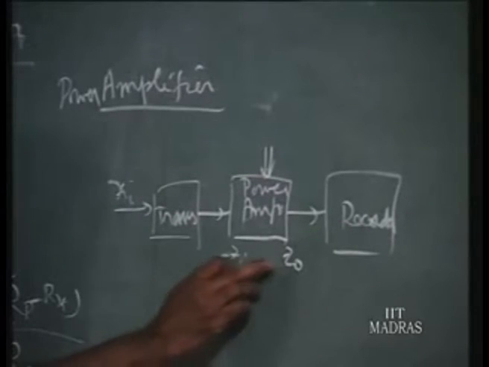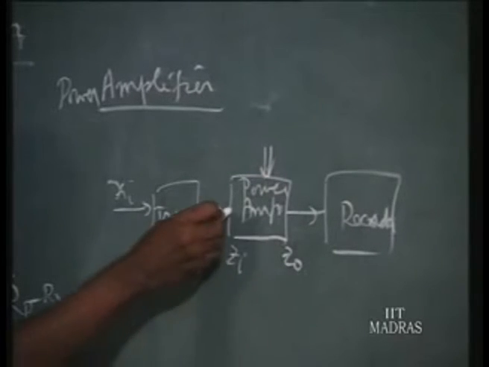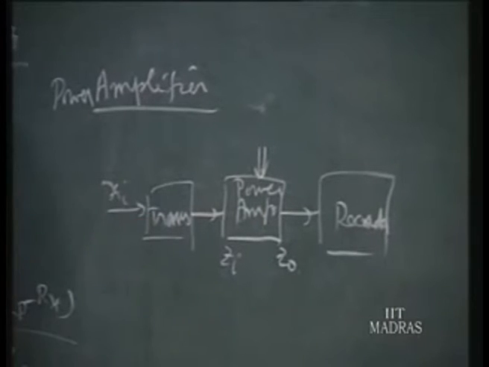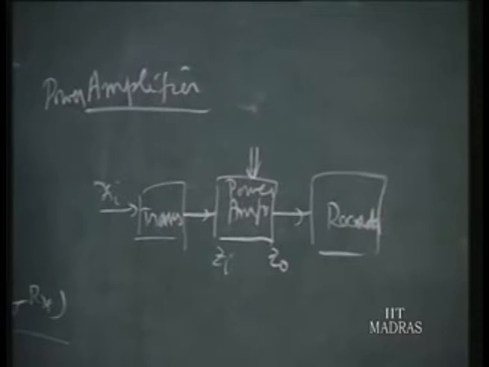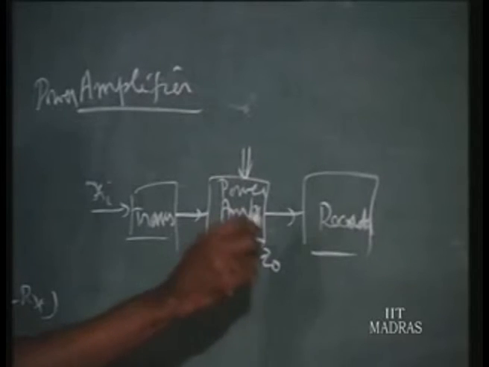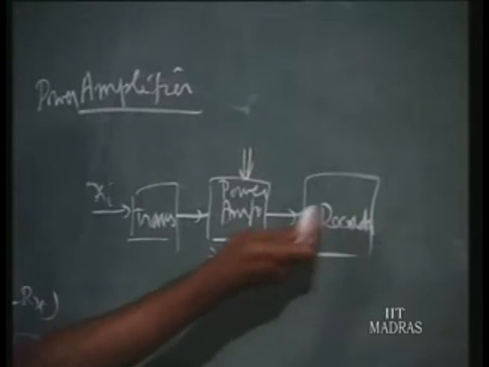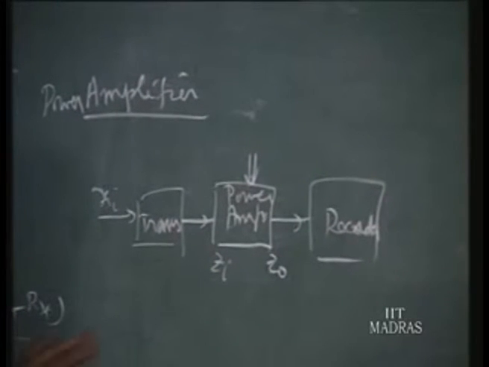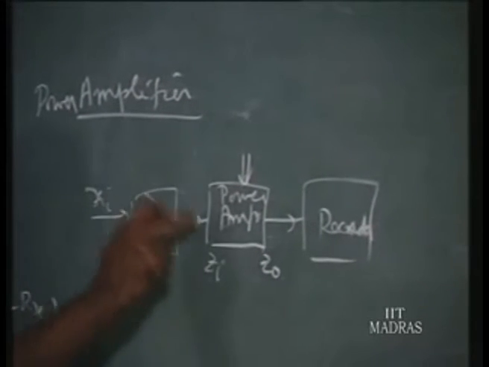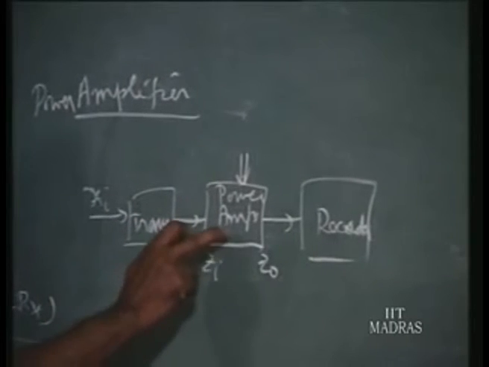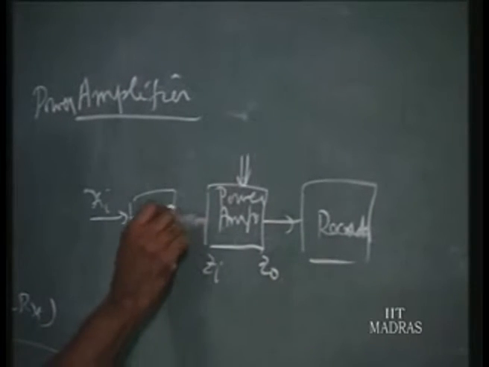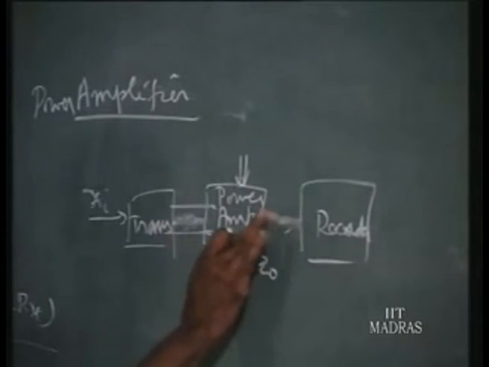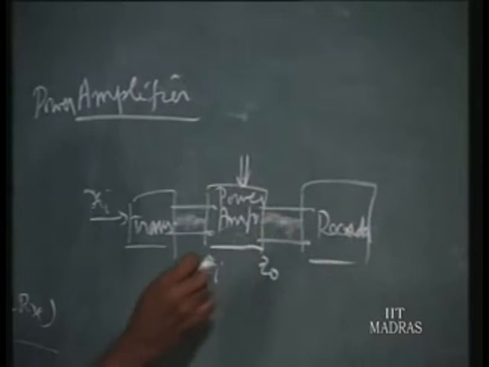Now what should be the values of Zi and ZO? Zi should be very large compared to the transducer output resistance or impedance, and ZO should be very small, so that we can select 10 times ZO for a recorder. That means the amplifier is supposed to possess two characteristics simultaneously. That is, Zi should be large for this power amplifier. At the same time, for the transducer, I consider two terminals. Here also I consider two terminals, which is the actual case.